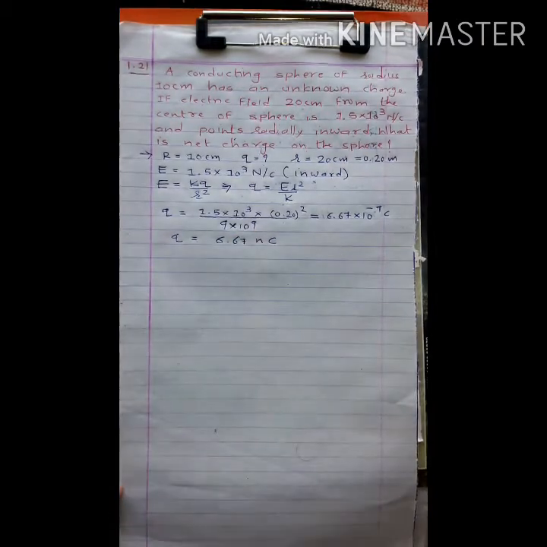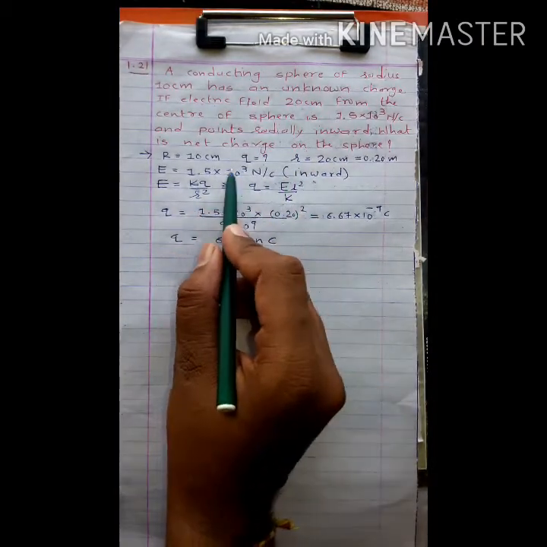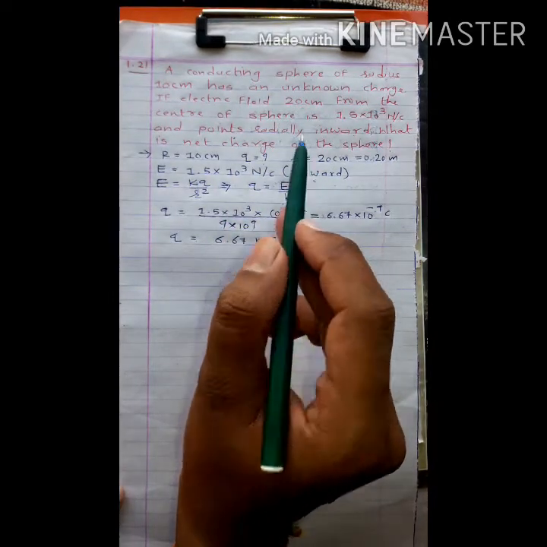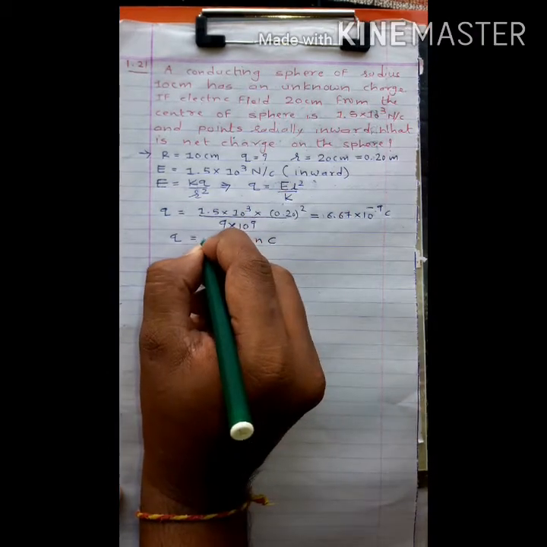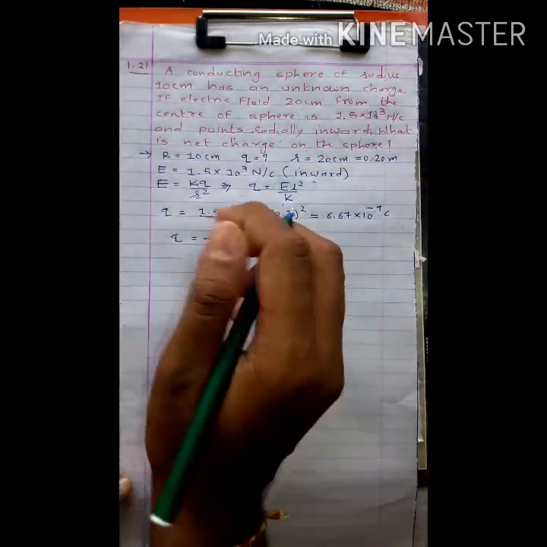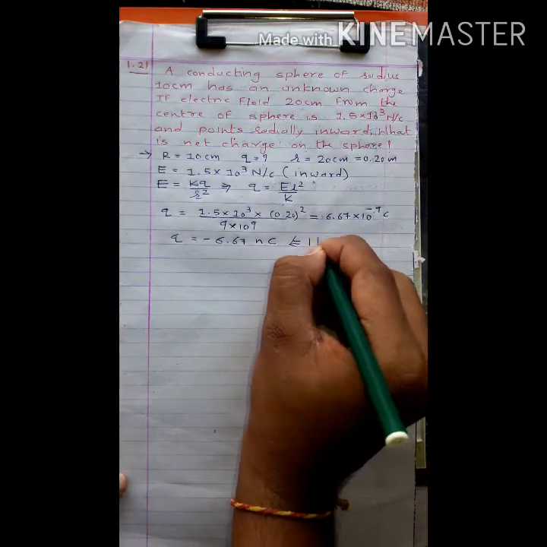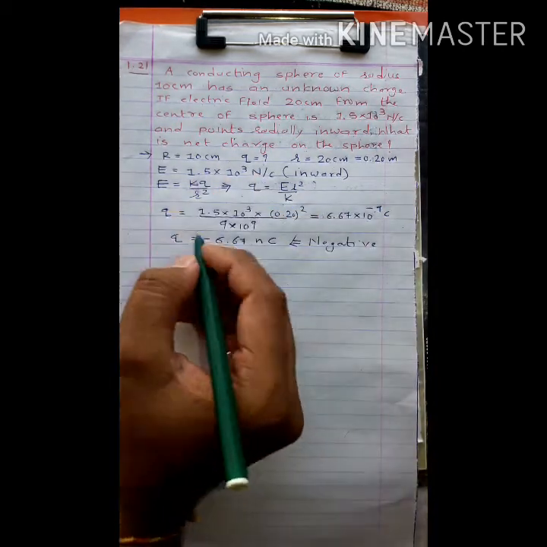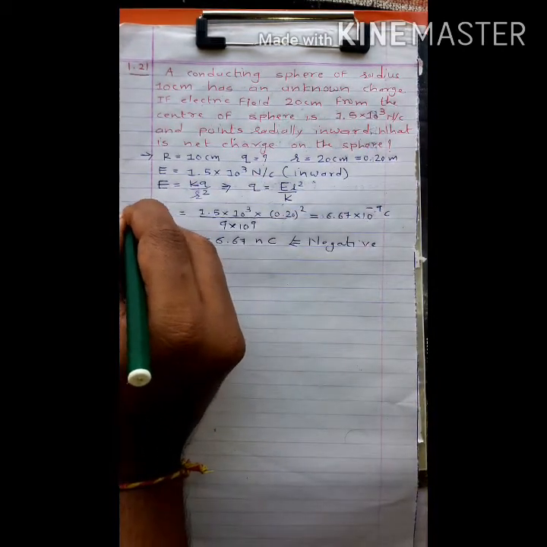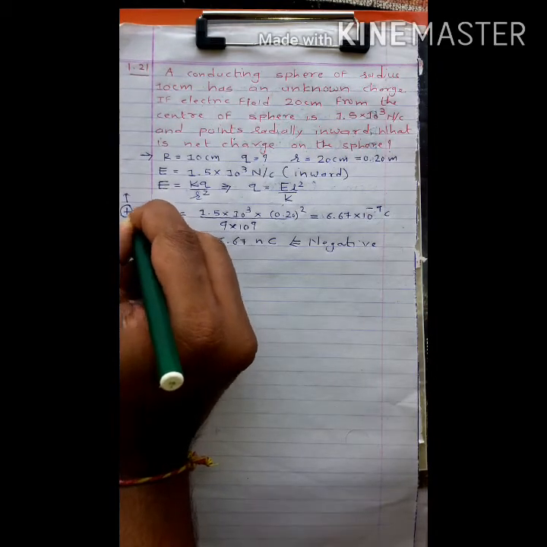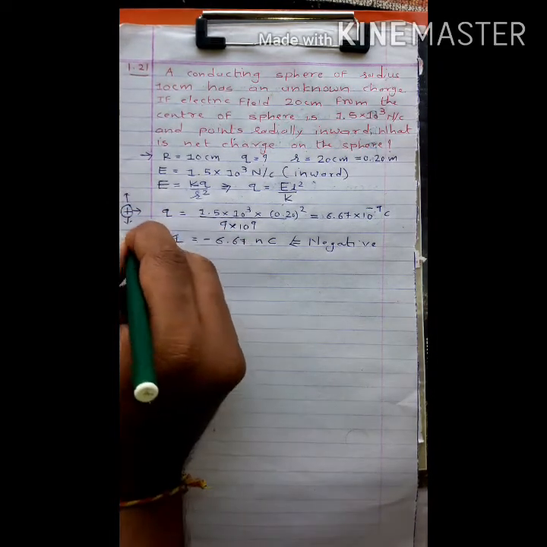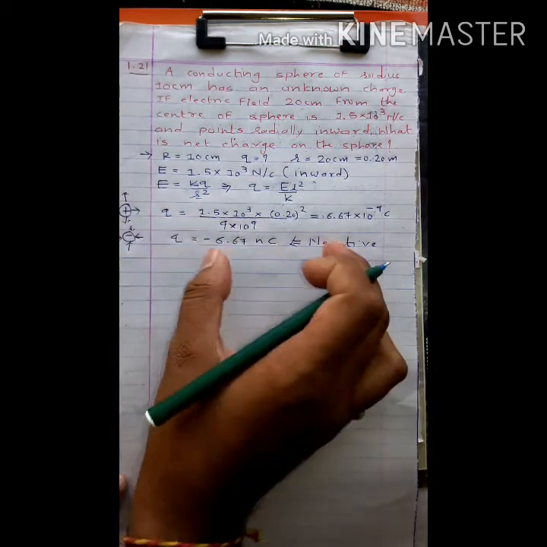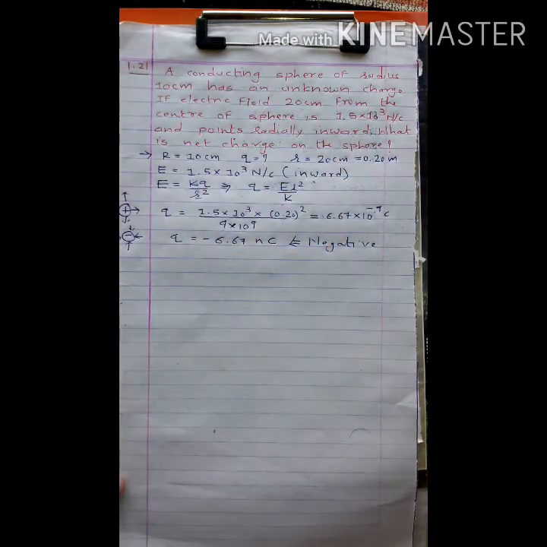But remember this point: here we have an electric field going inside the sphere, and whenever we have an inward field, this is possible only for a negative charge. So the charge on the sphere is negative because of the inward electric field. This is our standard situation. If we have a positive charge, the fields are outward, and if we have a negative charge, the fields are inward. So here an inward field represents negative charge.